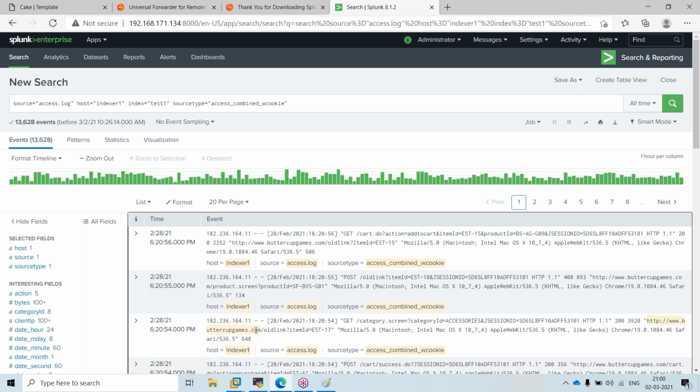And one more thing, once we install the universal forwarder in the application as an agent, will the universal forwarder come to know automatically which kind of log files it has to send to the indexer, or is that the admin's role to pick which particular file? We have to define it. It is our manual effort to choose which particular file we want to add into the indexer. It is not auto discovery, so we have to provide all the configuration for where the log has to go.